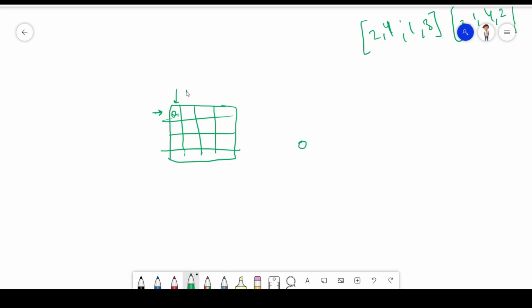Now I will come over to column 2 and check it again and find if there is an attacking queen or not. If there is some attacking queen, then I will not place it over there, but if there is none, then I will place it over there.